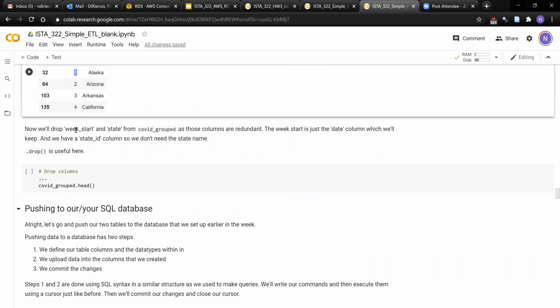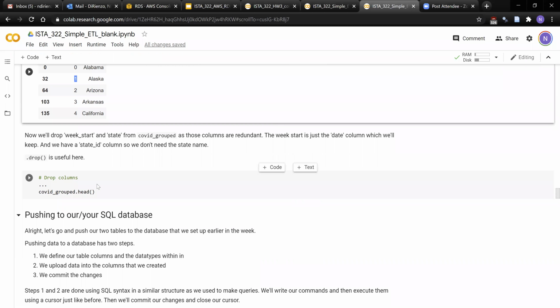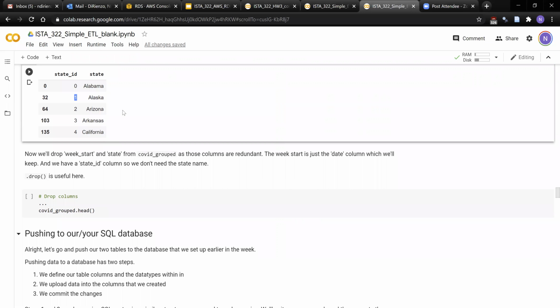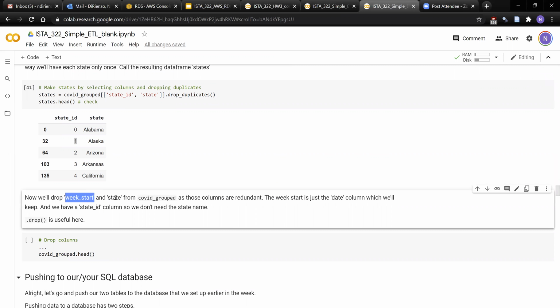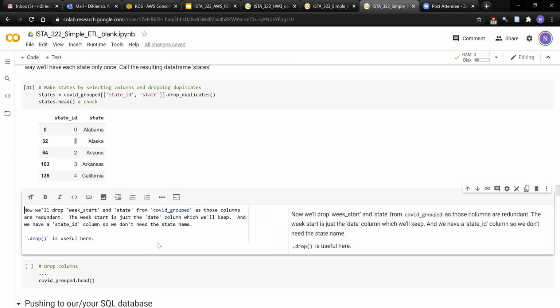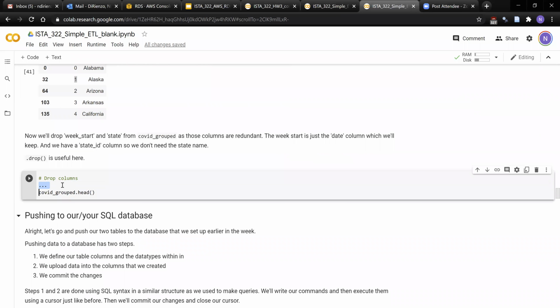Oh, drop columns. Oh yeah. So now that we have this information out of our COVID grouped data frame, what I want to do is just drop those redundant columns. So I'm saying I want to drop week start because that's already part of the key, and also the state name from COVID grouped because those are redundant. So what we can do is just COVID grouped,